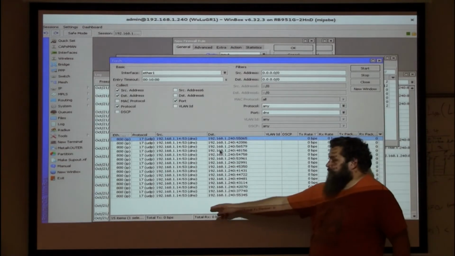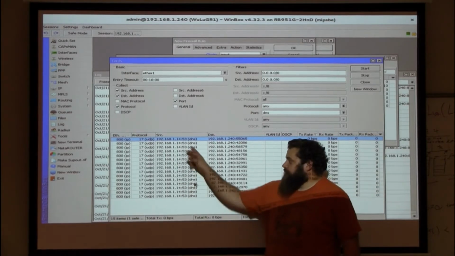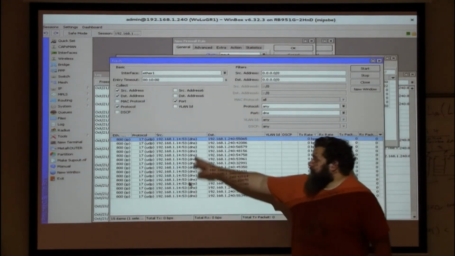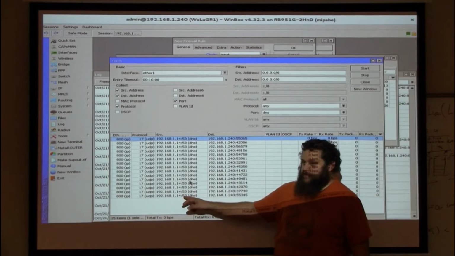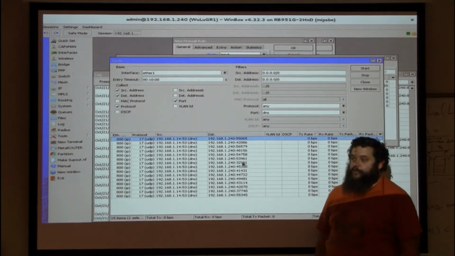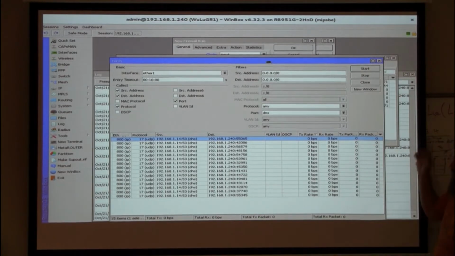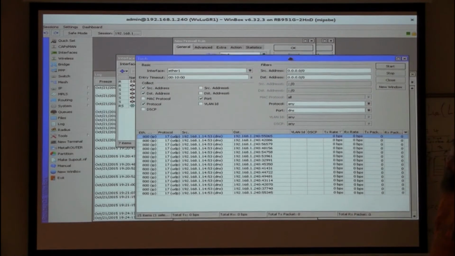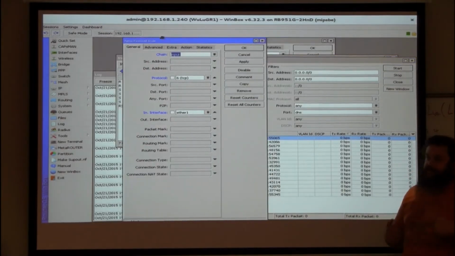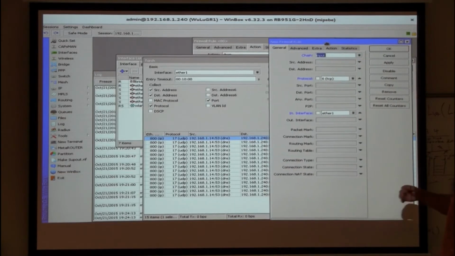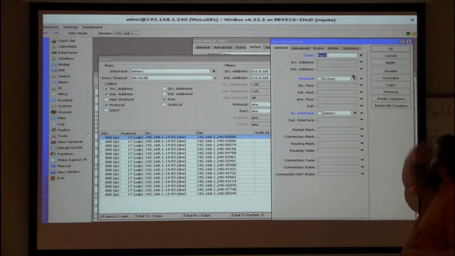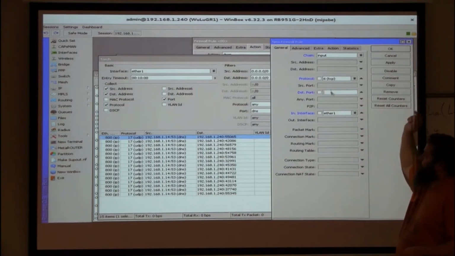So what this is, is our router asking the lab's router for DNS entries. And the lab's router is the DNS server here on port 53, and it's responding back to us. We're the one asking, so we're coming from a random high port. So what we're trying to block is incoming DNS to our DNS server. So we're blocking coming in on port 53, wherever the firewall is. All right, destination port 53,